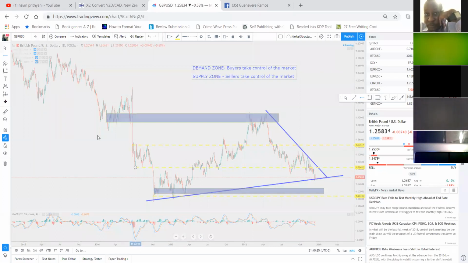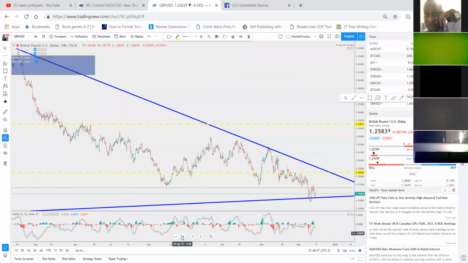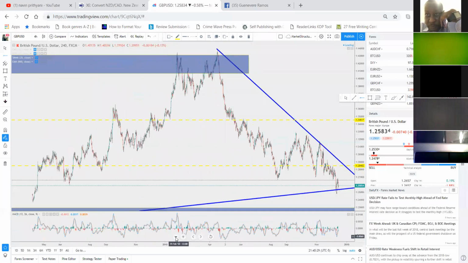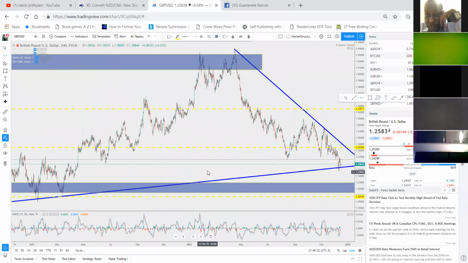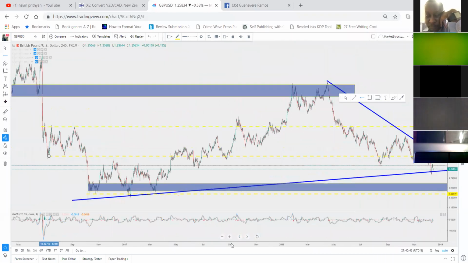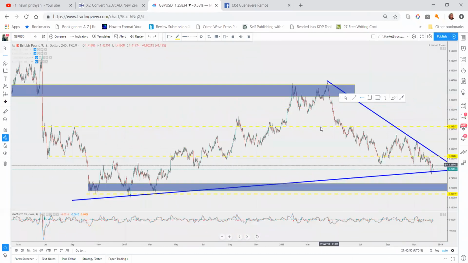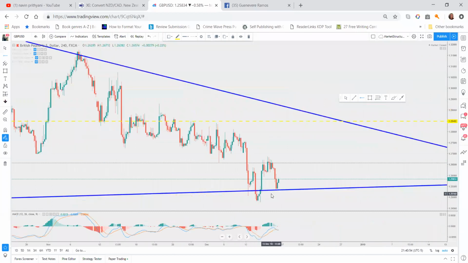So you just choose if you want to go with the rectangles or if you want to go with the horizontal rays. It's up to you. So this pair here, whenever it's getting to this area, we're looking for buys. Whenever it's getting to this area, we're looking for sells, okay? So right now we could expect a break through here down to,